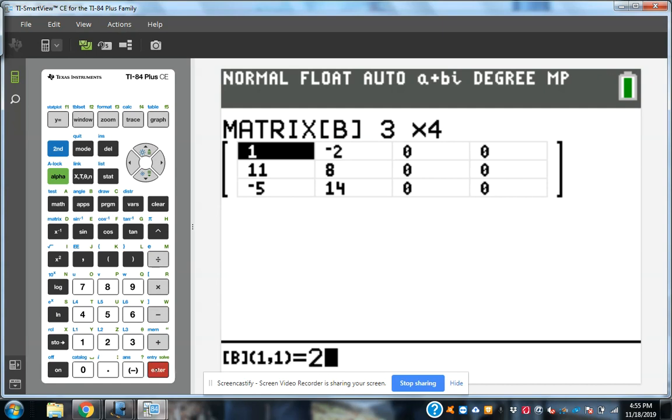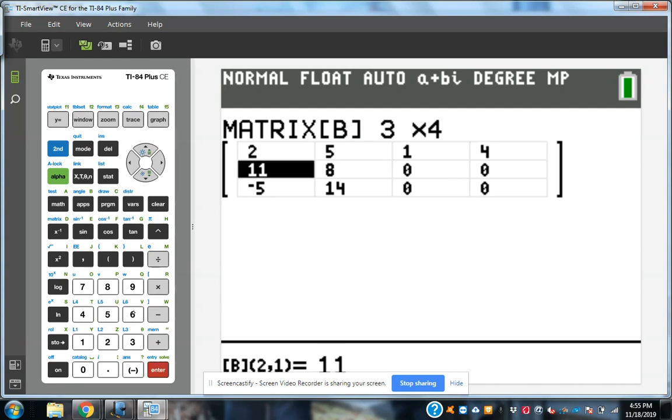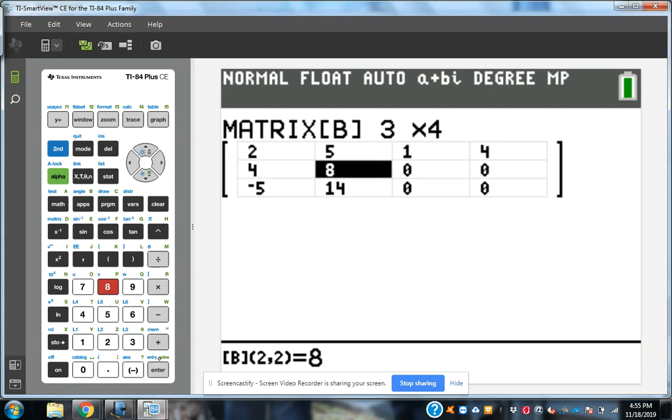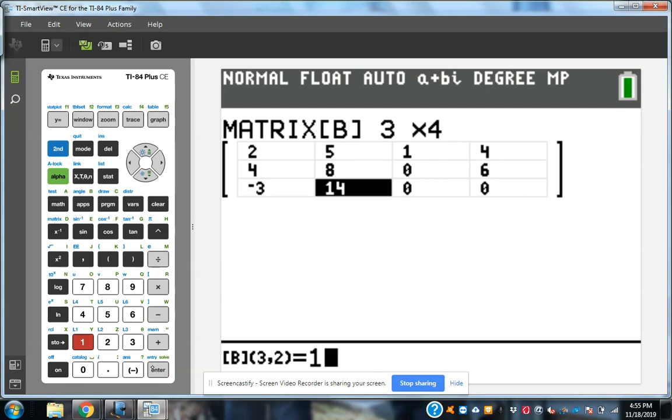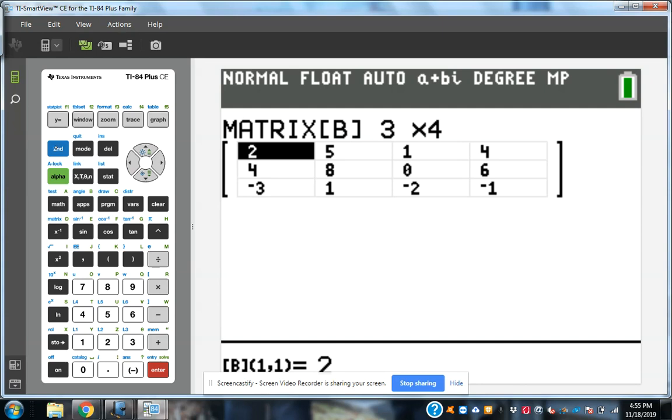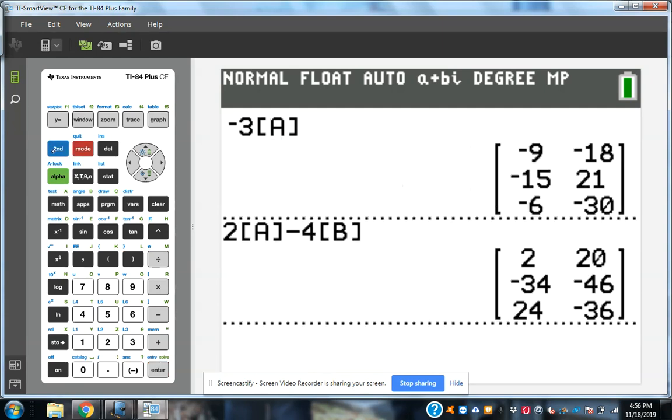And so it's 2, 5, 1, 4, 4, 8, 0, 6, negative 3, 1, negative 2, negative 1. Make sure I got all that stuff in there right. 2, 4, negative 3, 5, 8, 1, 1, 0, negative 2, 4, 6, negative 1. All right, good deal. And then I'm just going to go